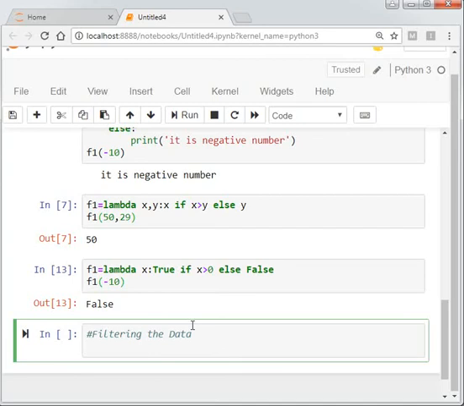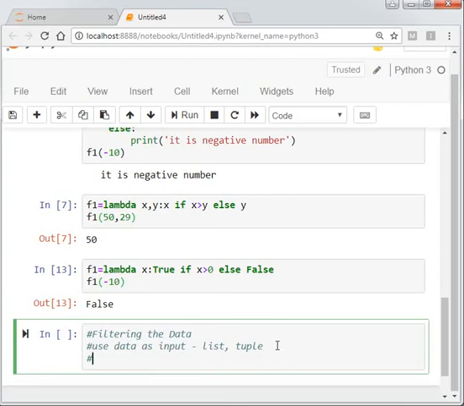Data filtering means using input data, like a list or tuple, and using a logical or relational expression to filter the data.